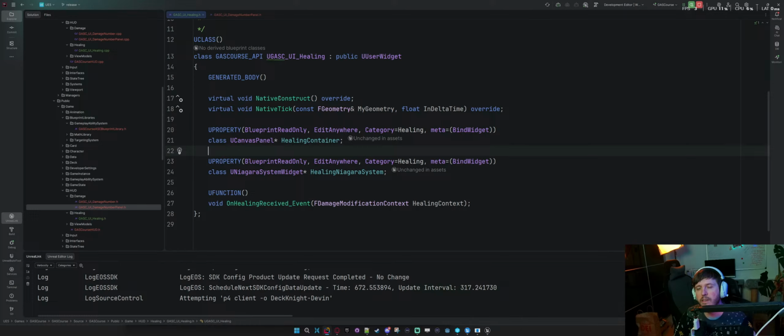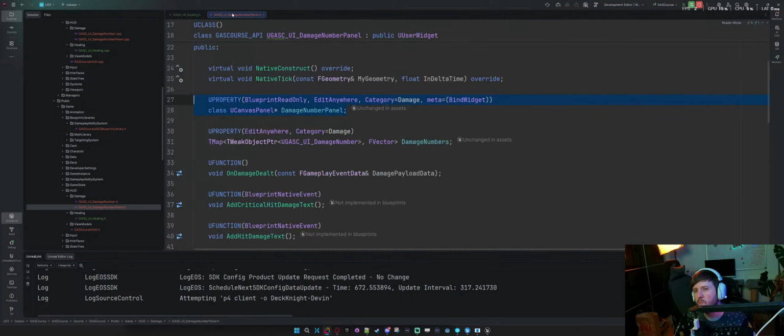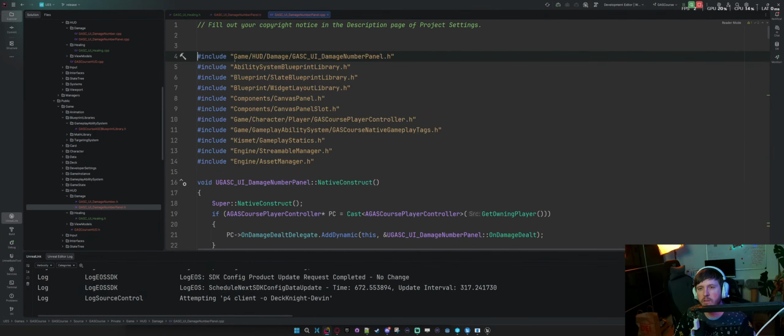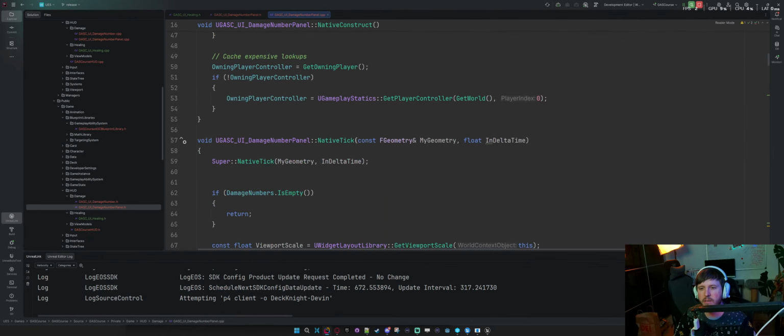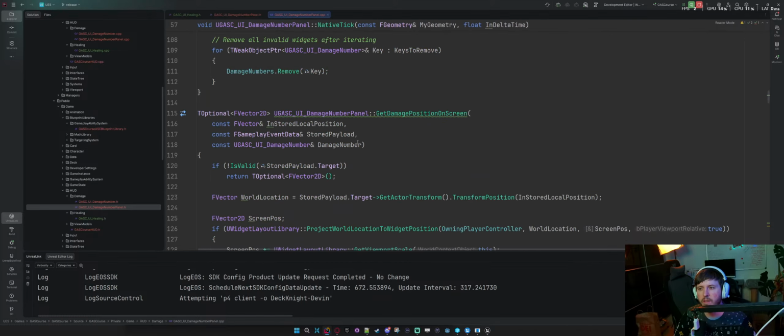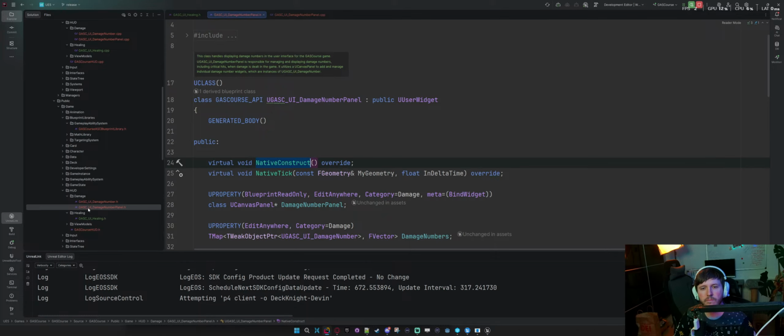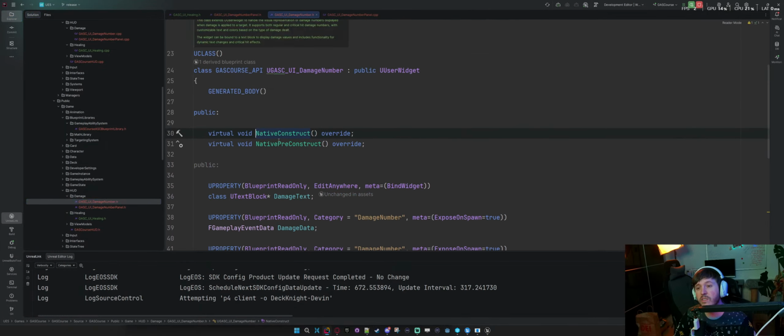And so basically, on native construct, or is there actually a normal constructor? It's like the native construct, but then it doesn't seem like there's anything else. And the damage number itself, there's the native pre-construct. Maybe I could do that.